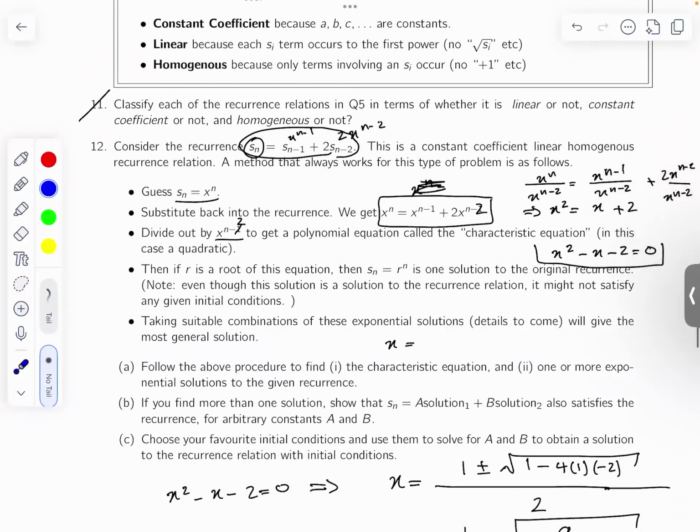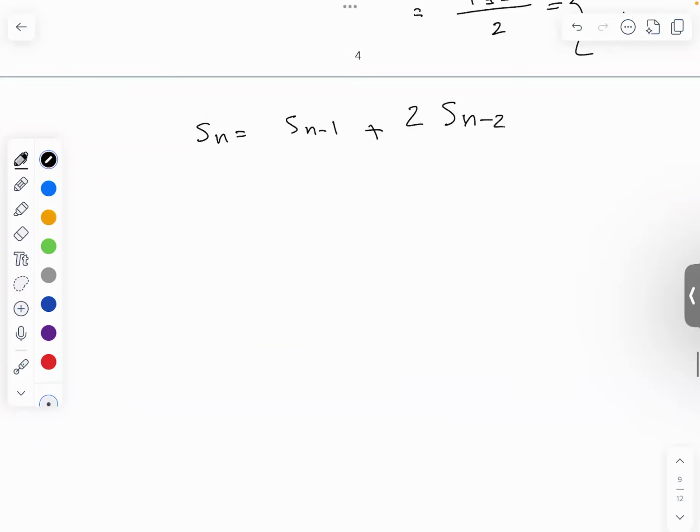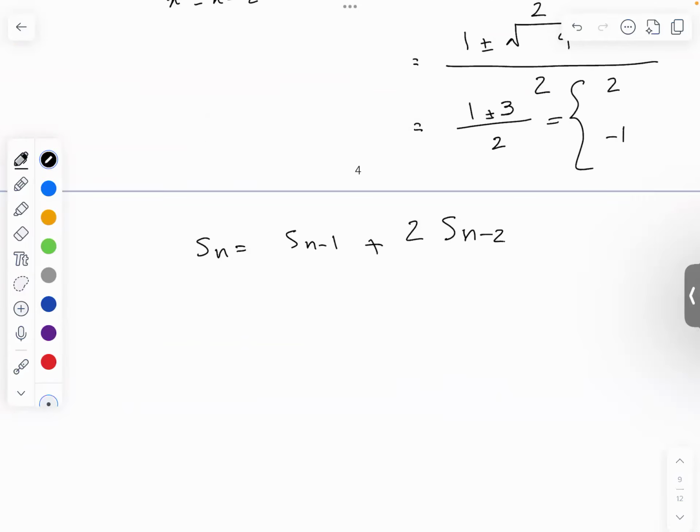Okay, so that's correct, yeah. So let's see. R power 2, so this is R. Sn equal 2 power n is the solution of this one. Let's see, 2 power n